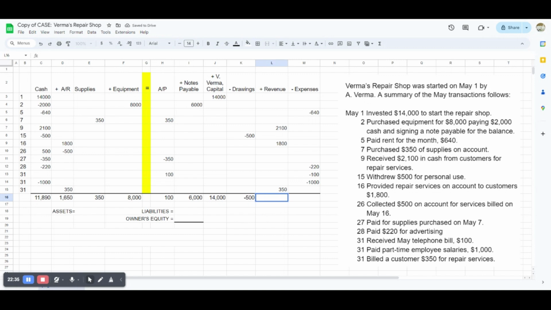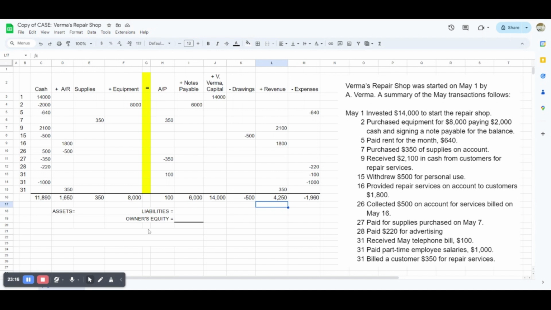Revenue is 2,100 plus 1,800 plus 350. That's 4,250. Now expenses, negative 640 minus 220 minus 100 minus 1,000. That's negative 1,960. Okay, so now what you want to do is make sure that the two sides of the highlighted equal